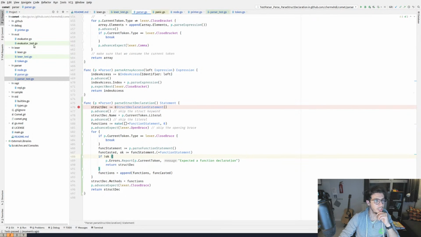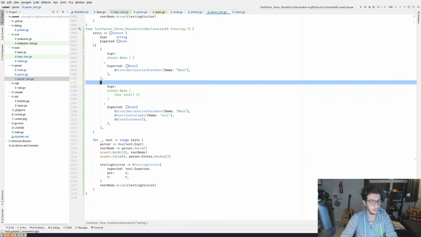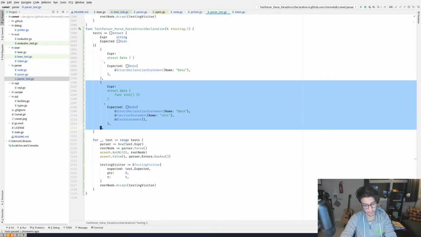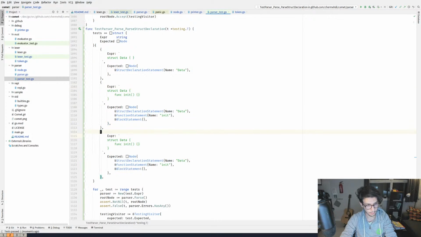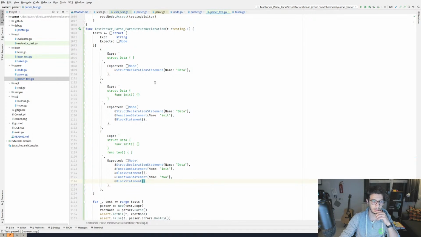So to make sure that the parsing actually works correctly, let's add another test, but this time we will declare stuff after it. I'll declare another function here called two, which won't do anything. And I want to make sure that there is a two and an empty block statement.